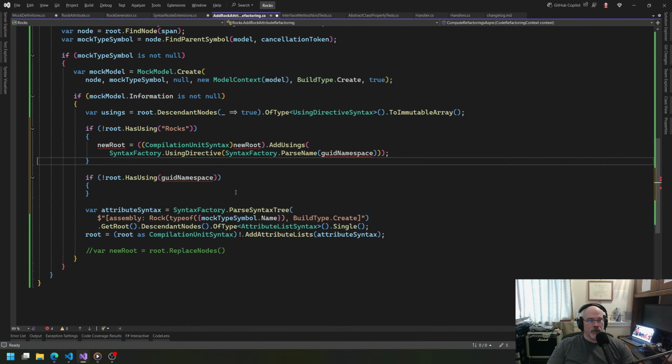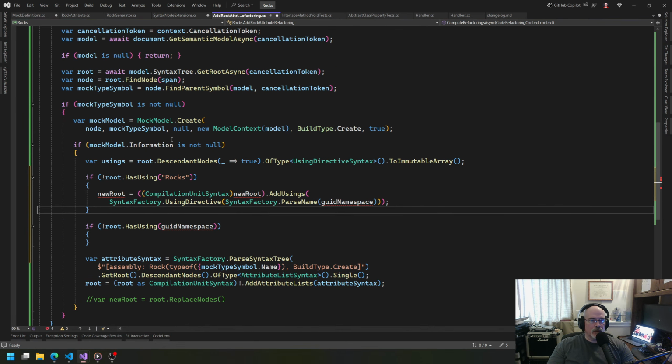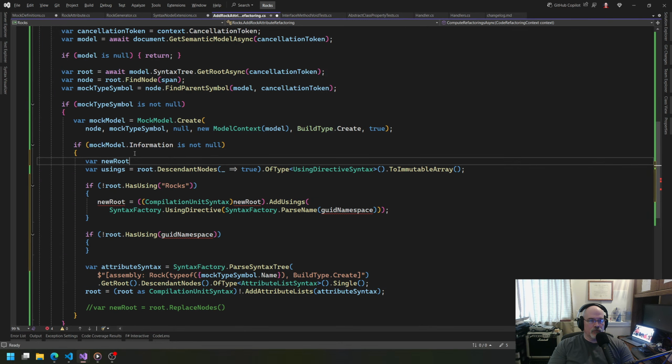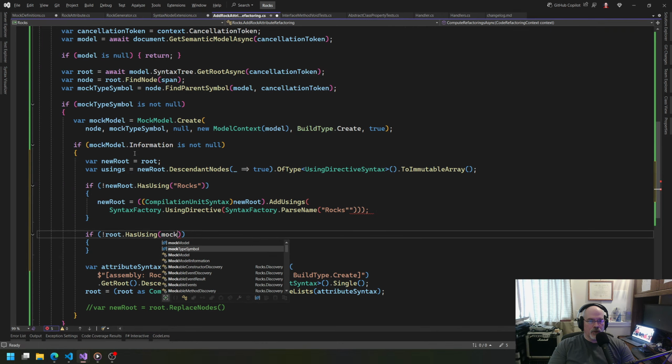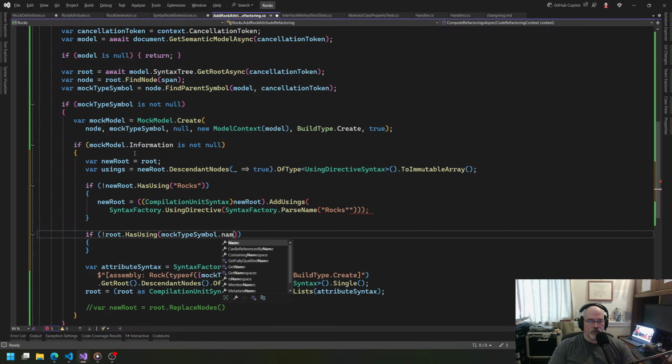Okay, so that's fine. If we get all the way down to here, we can say var new root is equal to root, because then we're going to keep replacing new root. New root equals off of new root. We're going to add in here Rocks. If we also don't have the mock type symbol namespace,